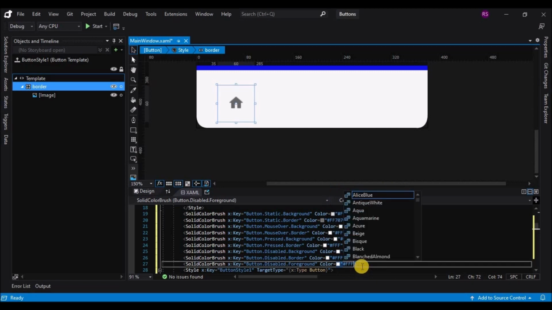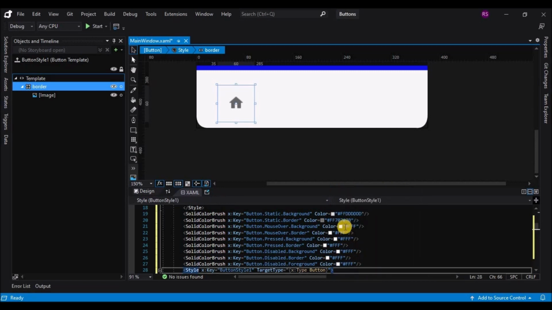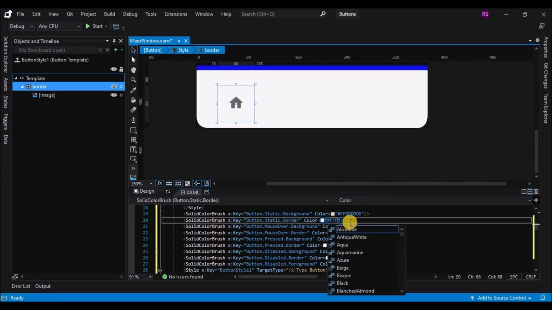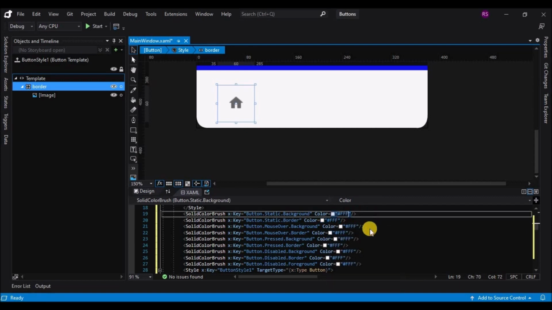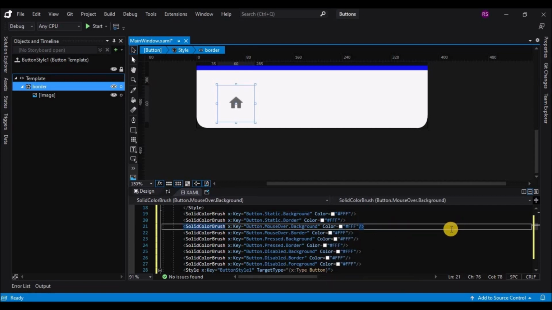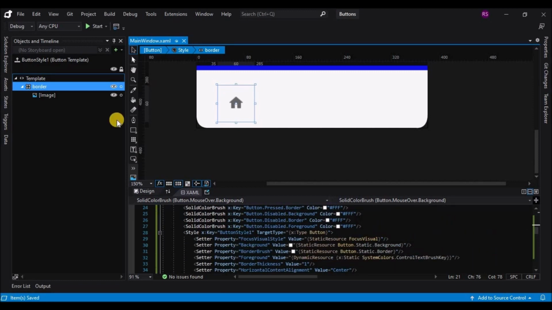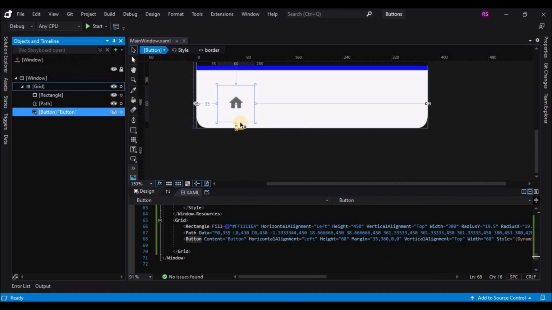Okay, so I am done doing it. There are two more properties to change. Yeah, so that's done. Okay, so I think we can go back to the window now. So click on the icon there and we are back to the window. Now I am making a copy of the existing button template that we made.